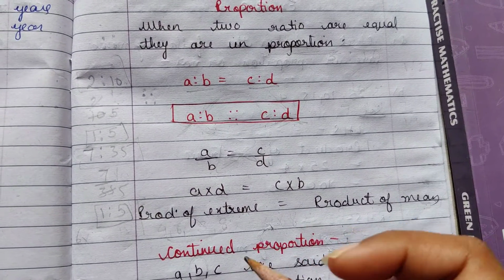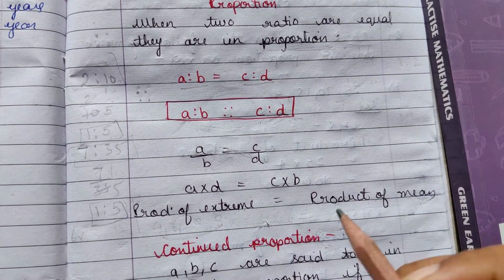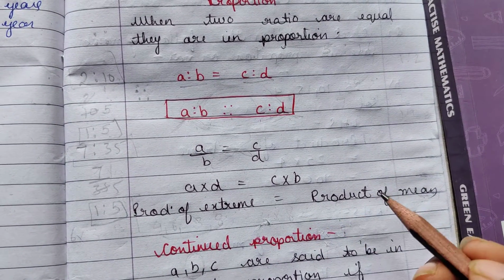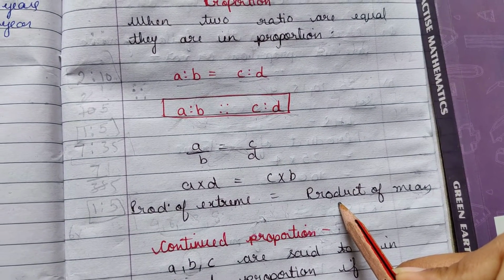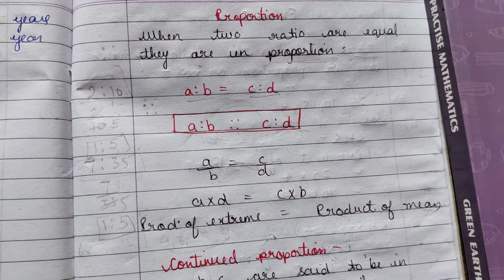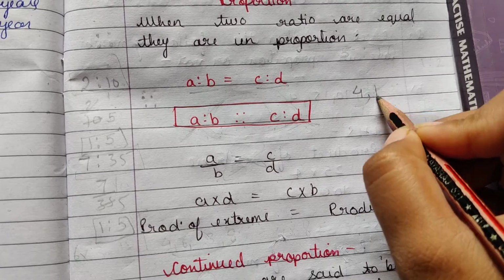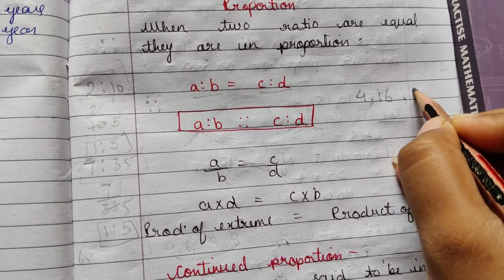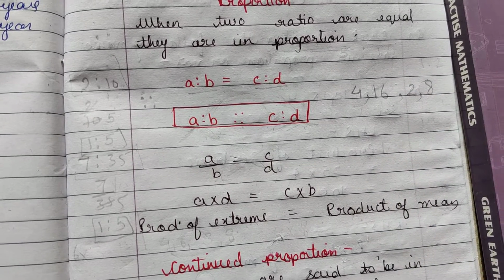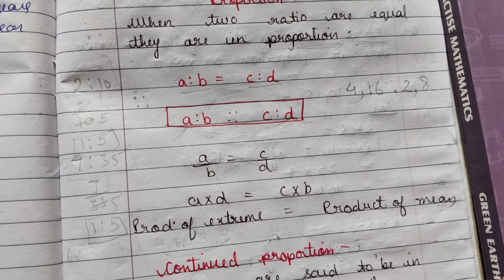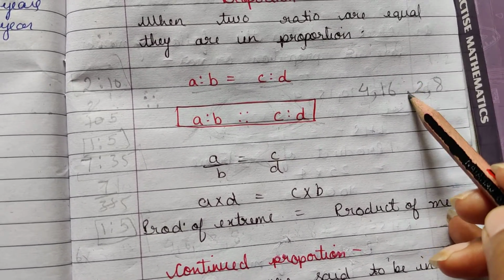questions. Okay, and in case you are given 4 numbers and you are asked to show if the given numbers are in proportion or not, this is the formula by which you are going to prove that the given numbers are in proportion or not. Like suppose the numbers are 4 comma 16 comma 2 comma 8. Okay, these are the 4 numbers and they are asking to show if the numbers are in proportion or not. Unless they themselves say that they are in proportion,